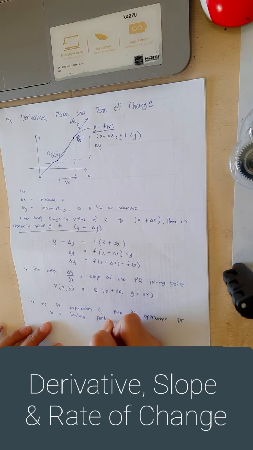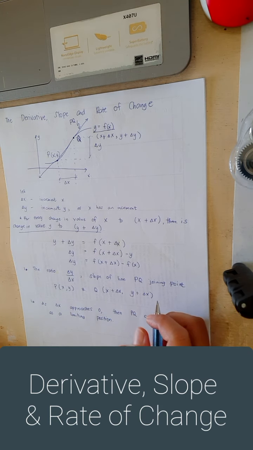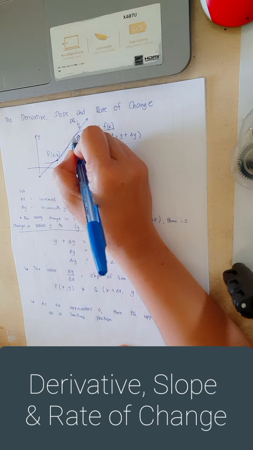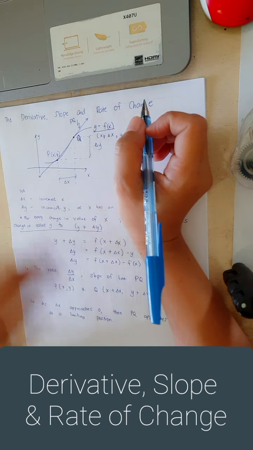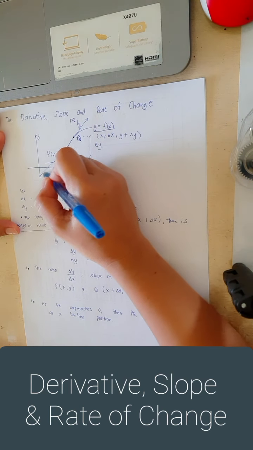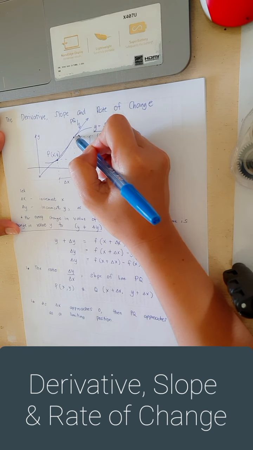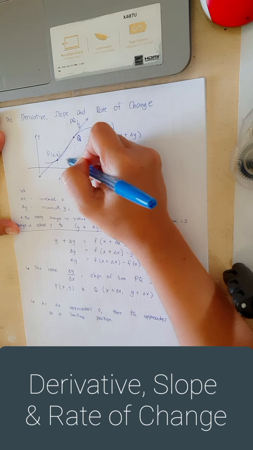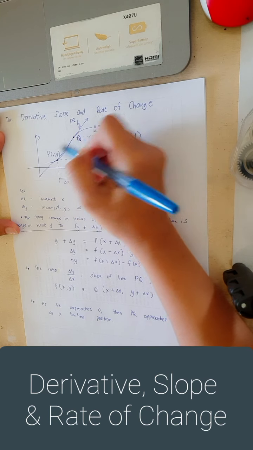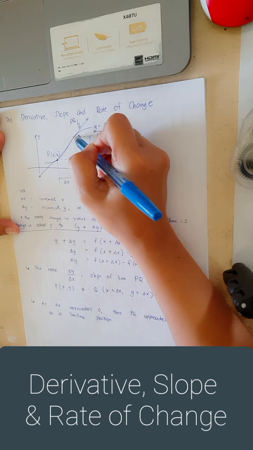What is the line PT here? If this line PQ, we run it such that the change in x will be approaching 0, little by little this line will be